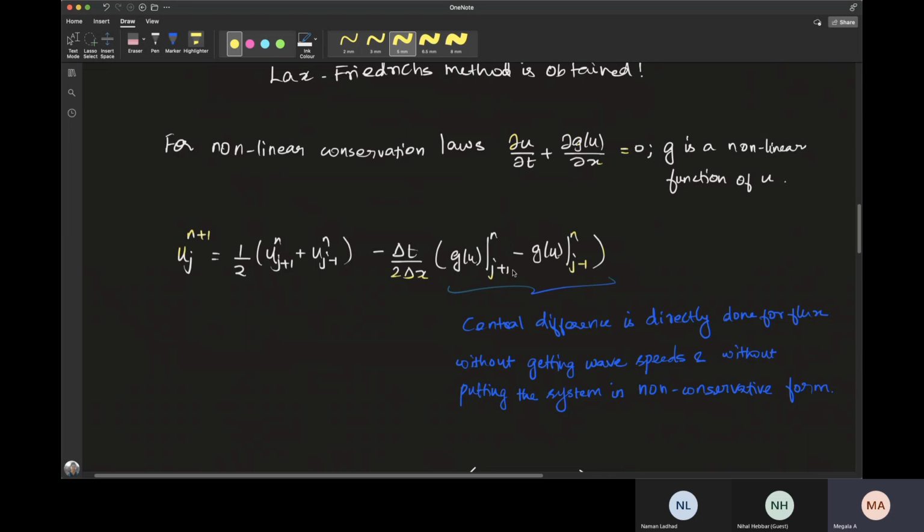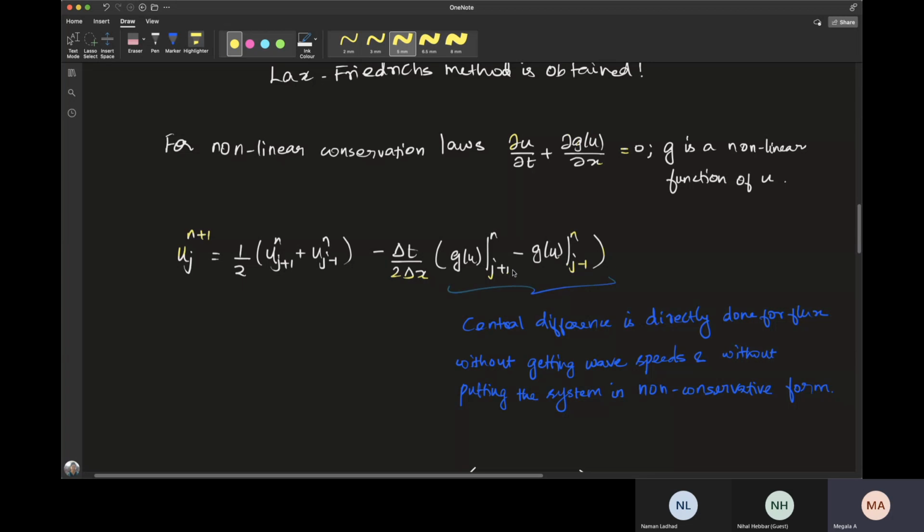So yeah, you now have a scheme that does not have any quantities evaluated at interfaces. All of them are at cell centers only, so you can directly use this scheme. And in this scheme, you're not putting the equation in non-conservative form. There is no problem of dealing with wave speeds and upwinding. I told you that there will be a problem in doing upwinding because we cannot easily put the system in non-conservative form. For doing upwinding, we need to know the wave speeds, and for that, we need to put the system in non-conservative form. So without putting the system in non-conservative form, how to do the upwinding is another question.